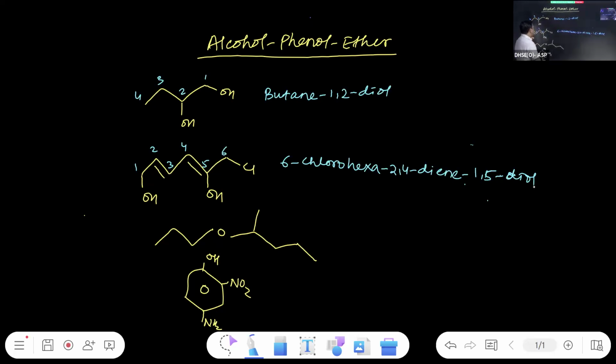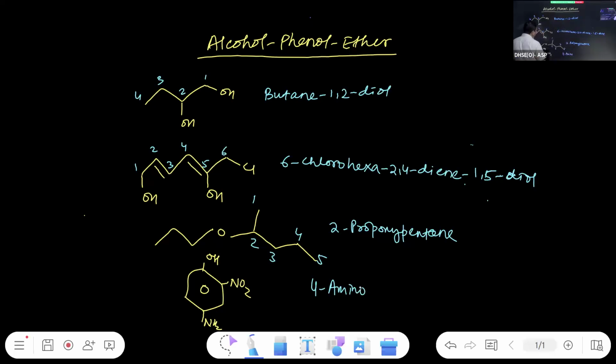Ether is not considered as the functional group while doing nomenclature, right? So it is treated as a substituent. When it is a substituent, the numbering is this way. So it is 2-propoxy pentane, and here it is 4-amino,